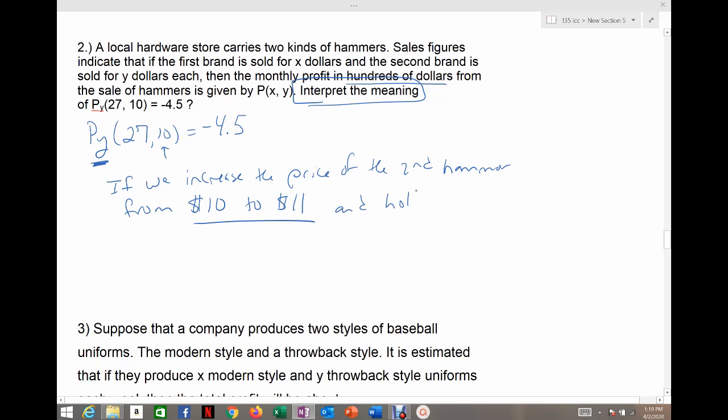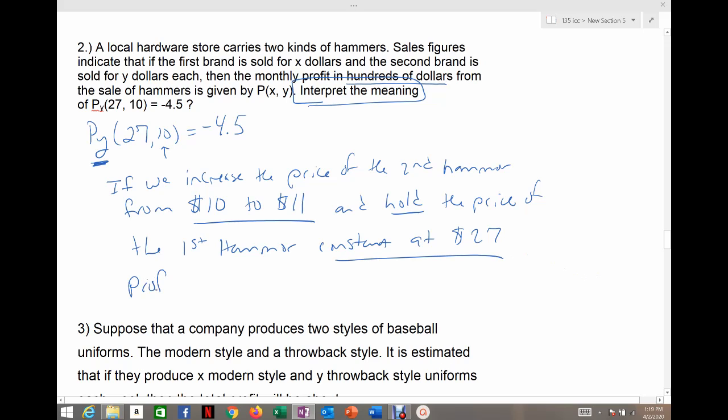And we hold the price of the first type of hammer constant, meaning we don't change it at all, specifically at $27, right? That's what they're selling them at. When those two things happen, profit will decrease